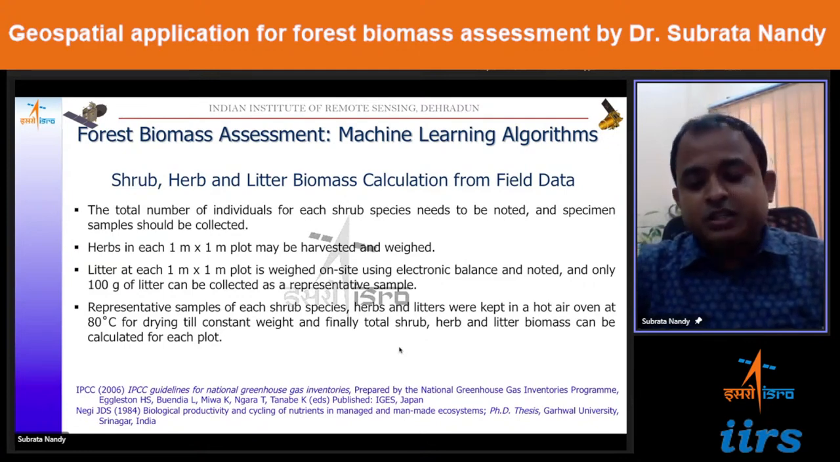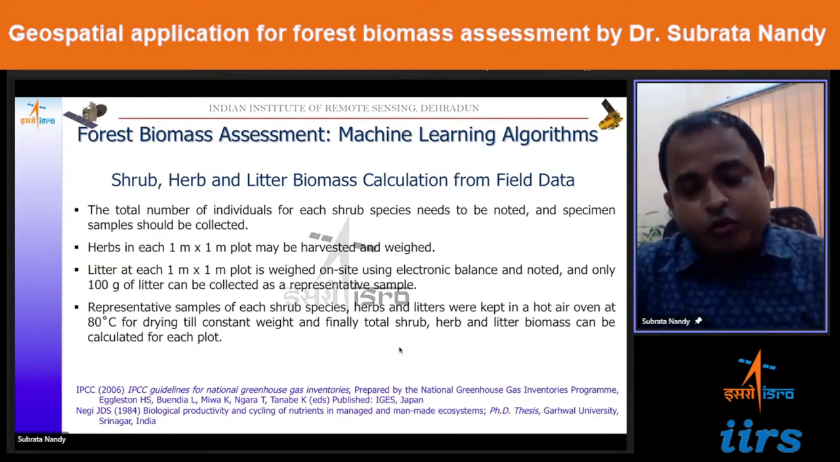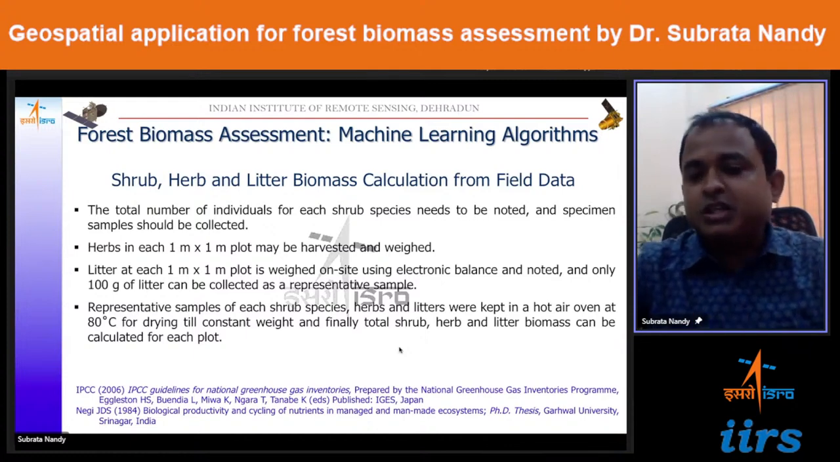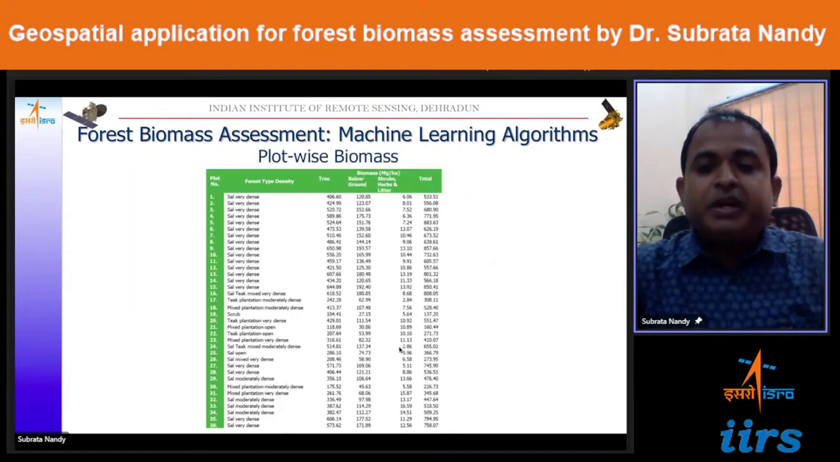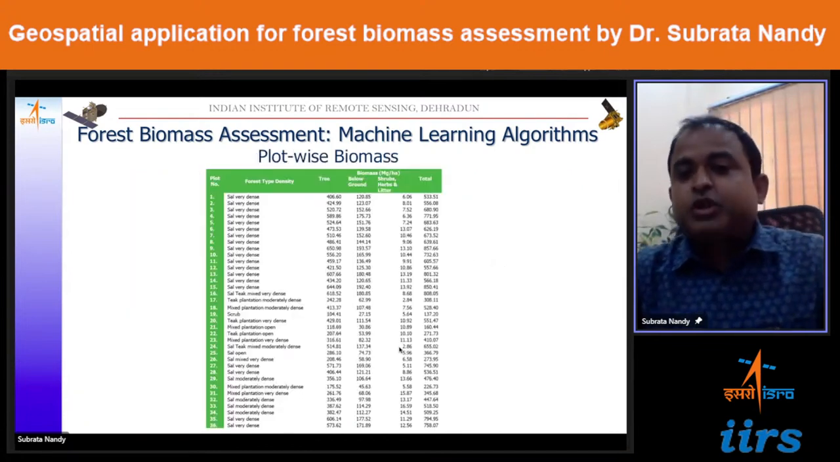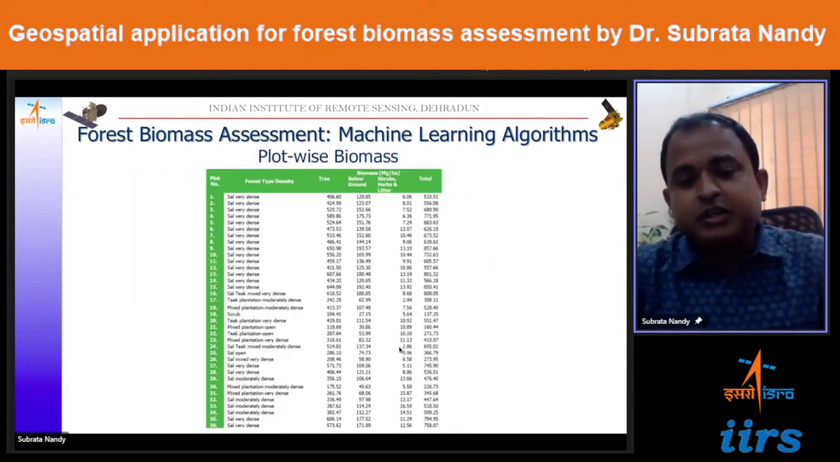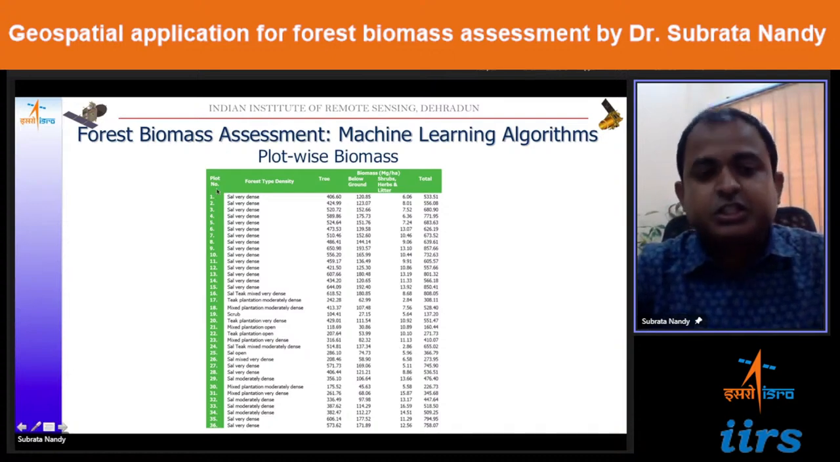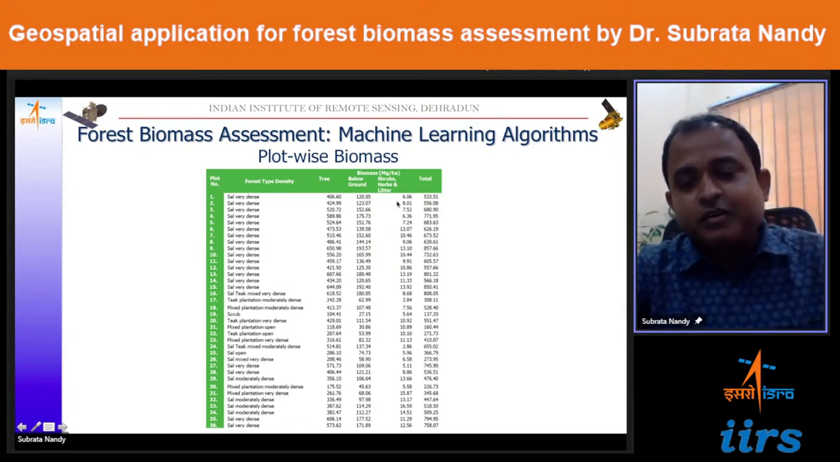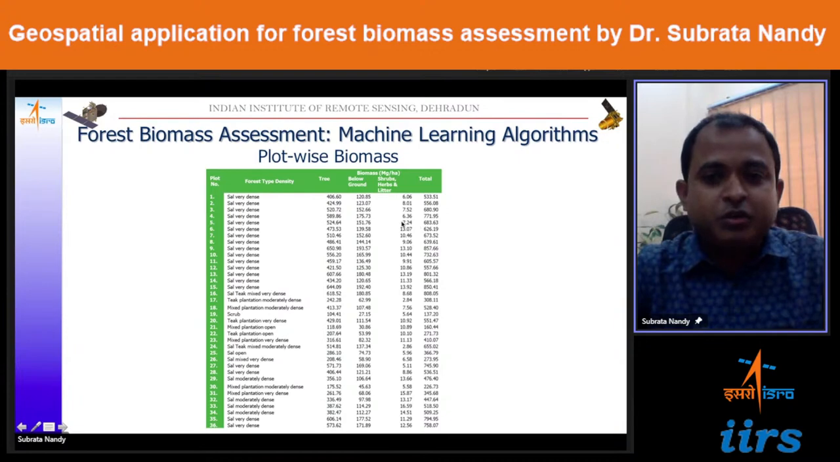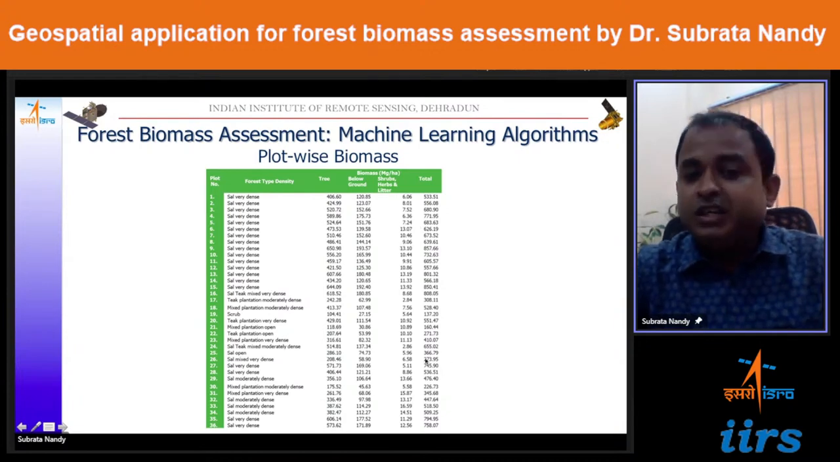Ultimately, we get the oven dry weight of these shrubs as well as herbs and litters as well. And combining this, we can get the total biomass. So these are the 36 plots that we laid in that area, and then these are tree biomass, then below ground biomass, and then herbs, shrubs, and litters all. So we get the total biomass in each of these